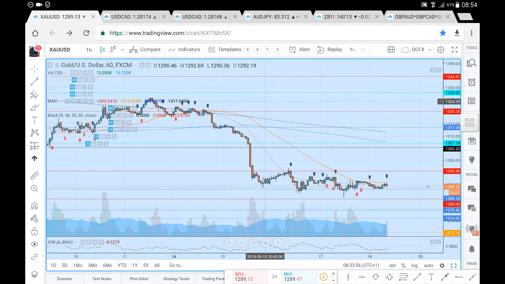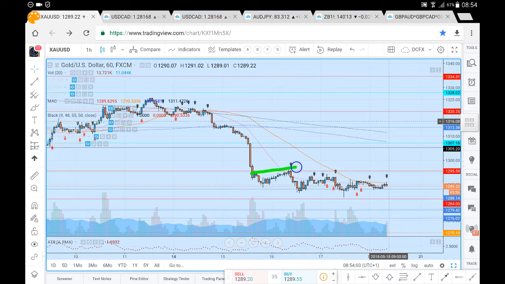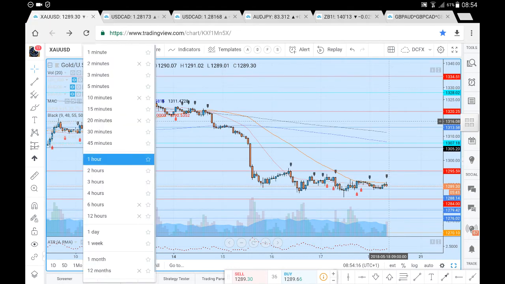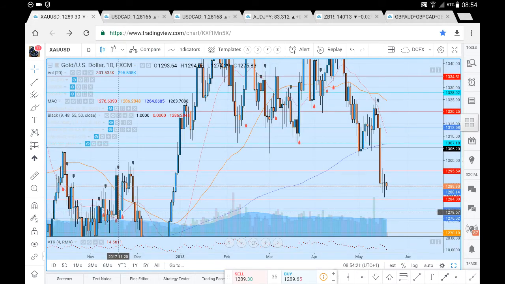Now those are pretty much the levels that we are looking at if we break out of this trading range that we are currently in. So we're in a bit of a trading range here on the XAUUSD. So if we do break out to the downside, those are levels that we are looking at, and similarly to the upside. Now if we have a look here at the daily chart on the XAUUSD,